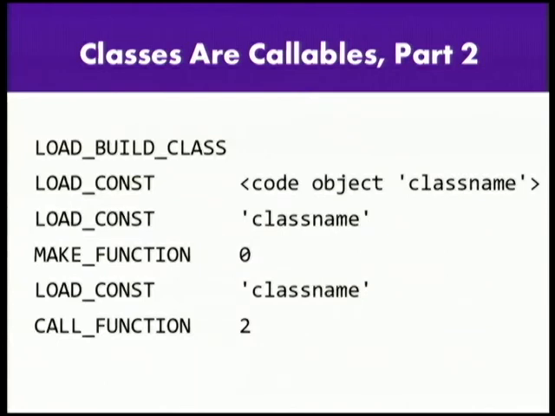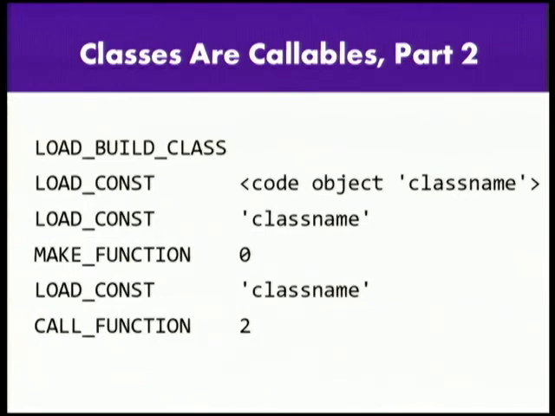Load build class is another load instruction, and that's loading a global or built-in called dunder build underscore class. That's a function that actually does the magic thing of building a class object out of its callable, its function object, and its name. So this call function at the bottom, the op arg for call function is